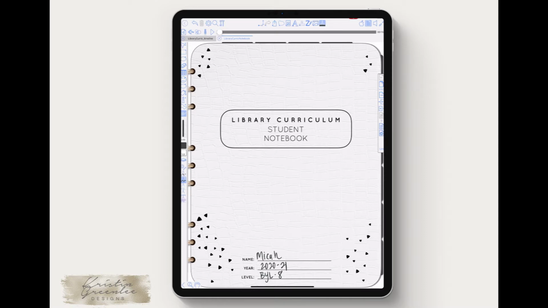application. Now, I do have a separate walkthrough for GoodNotes users, and there's lots of other programs like Notability, NoteShelf, Microsoft OneNote, basically any PDF annotating program you could use. What you've purchased is a hyperlinked interactive PDF. So it can be used in a lot of different programs, but these are the two that